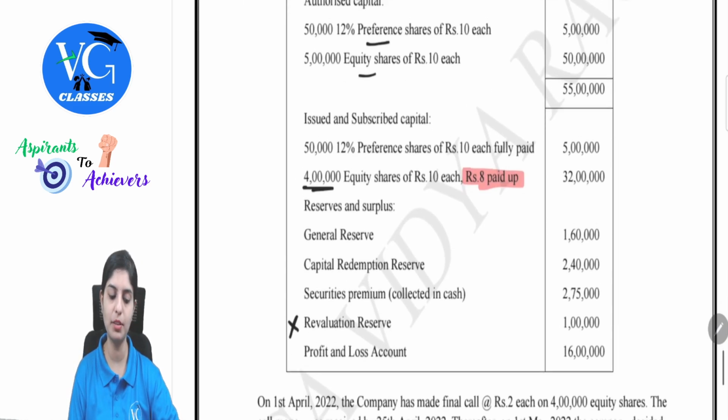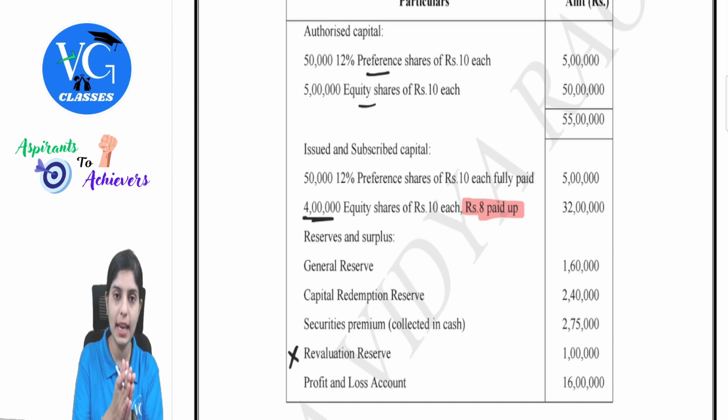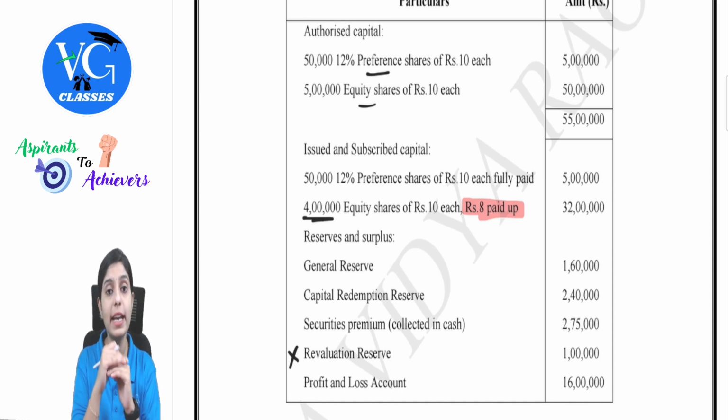Now let's roughly observe the impact. Total number of shares was 5 lakh, that is authorized capital. 4 lakh is the equity shares. From bonus issue, 1 more lakh came in. So 5 lakh is already taken care now. I hope this point is being clearly observed by all of you.